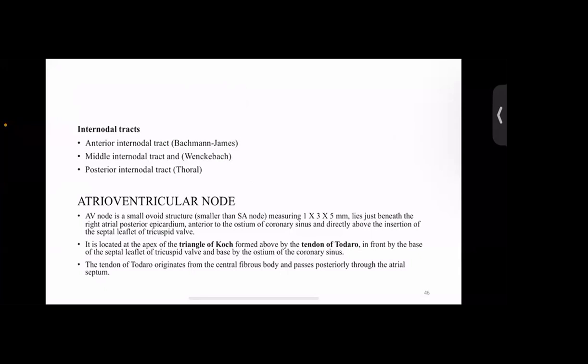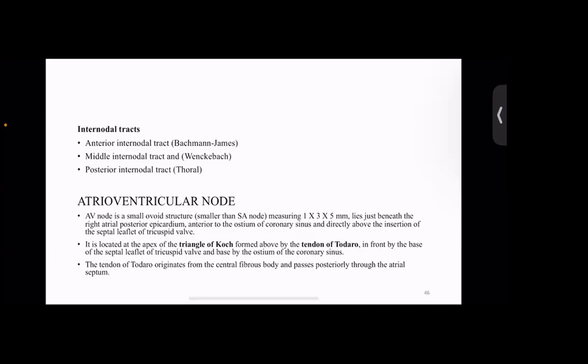So the AV node is a small, ovoid structure. It's smaller than the SA node. It measures about 1 by 3 by 5 millimeters. It lies just beneath the right atrial posterior epicardium. Okay, and it's anterior to the ostium of the coronary sinus and directly above the insertion of the septal leaflet of the tricuspid valve. So the AV node is basically located at the apex of the triangle of Koch, which